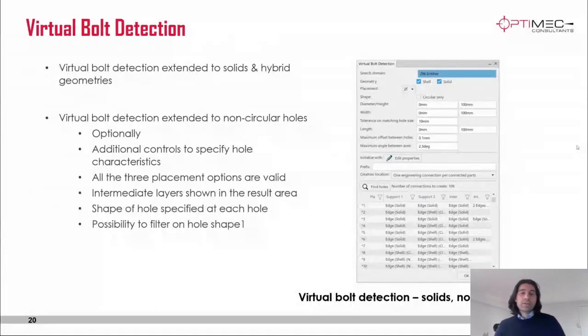Other new features are on the results side. So when you get the results from the search, there's all new information that is quite useful when you try to see what type of holes are considered in a specific virtual bolt. So if you have different types of connections for different types of holes, you can filter them out, apply a specific connection type, and go back, do a search again, and reselect other types of holes for another type of connection. So this new filter option is quite useful to create the virtual bolts.